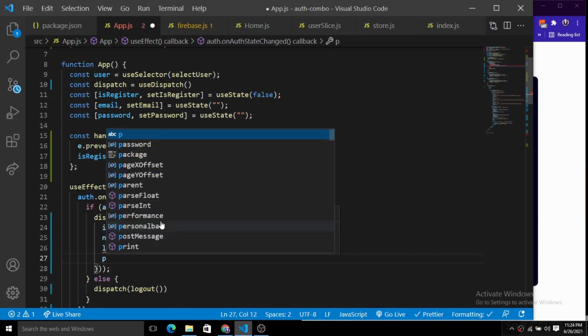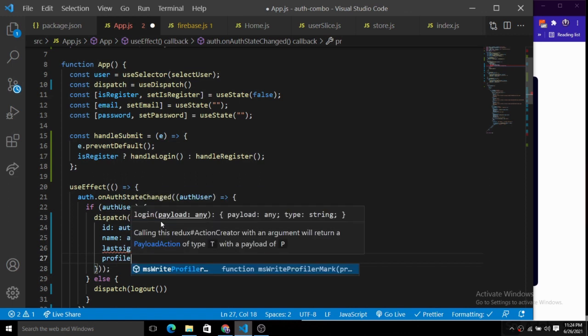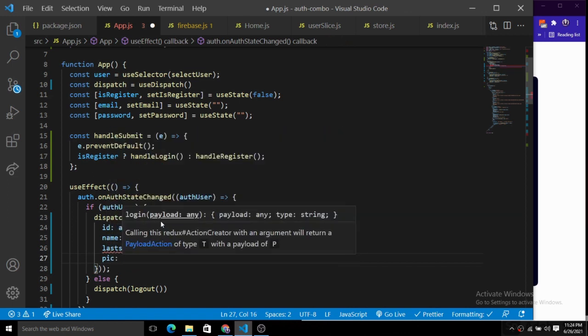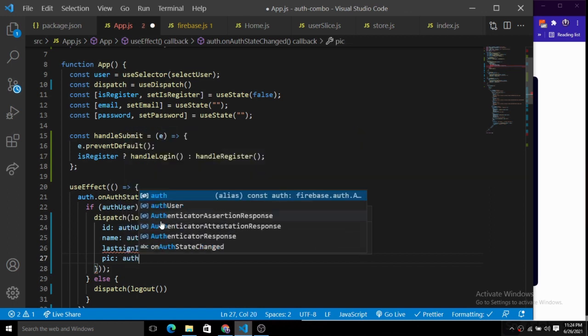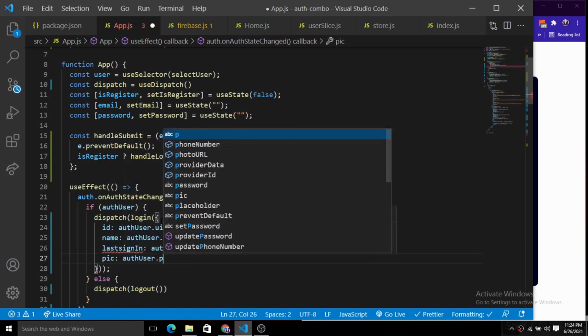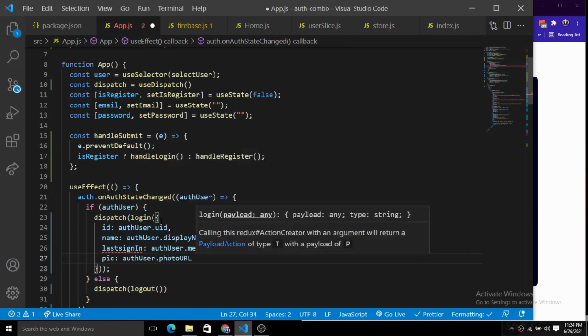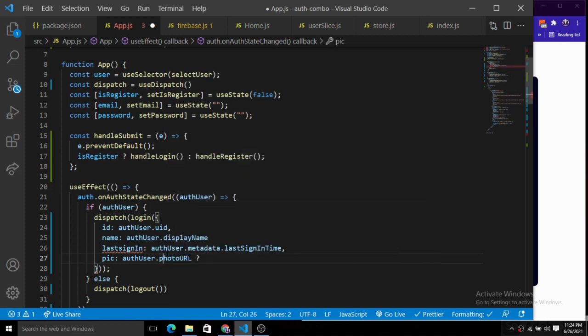And we have a profile pic. Let's put the pic here. The profile pic will be your auth user dot photo URL. If we have this photo URL, just grab it, copy this and paste it down here. Otherwise you can simply pass the link of any photo URL.